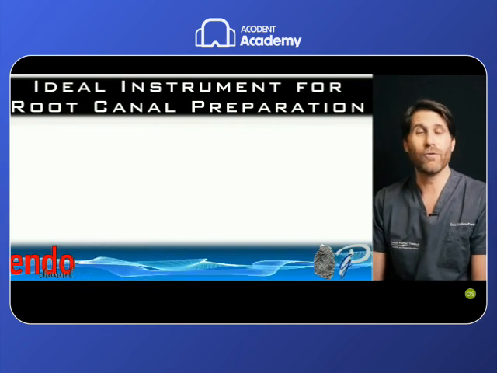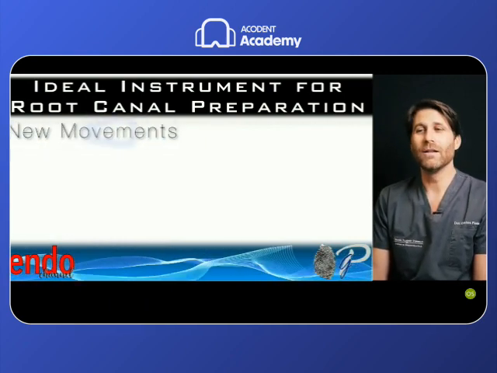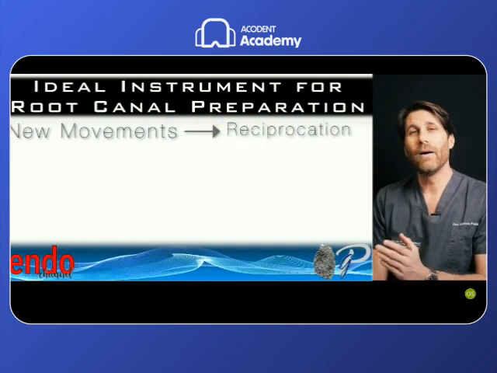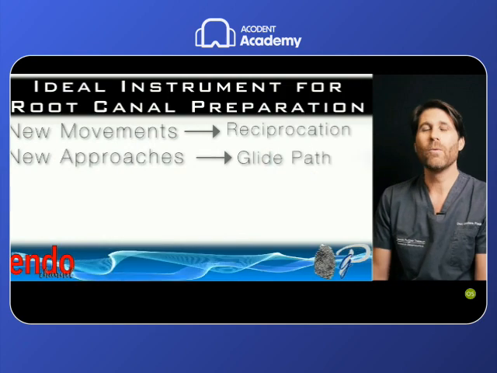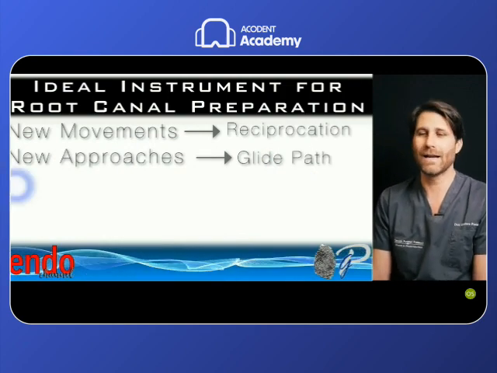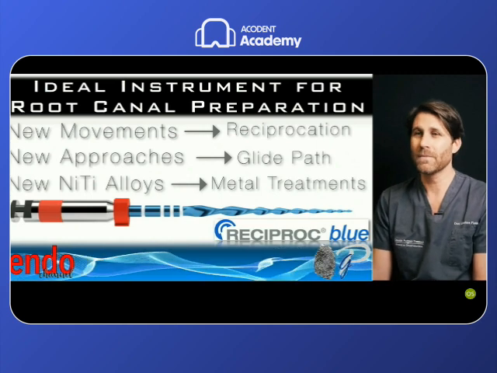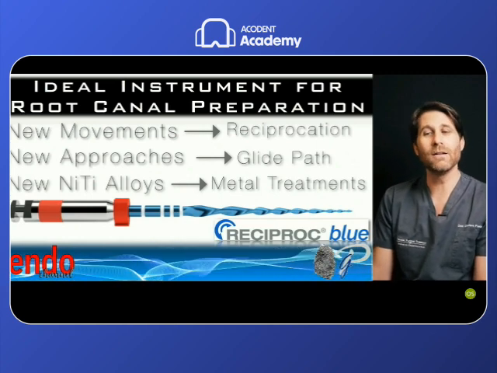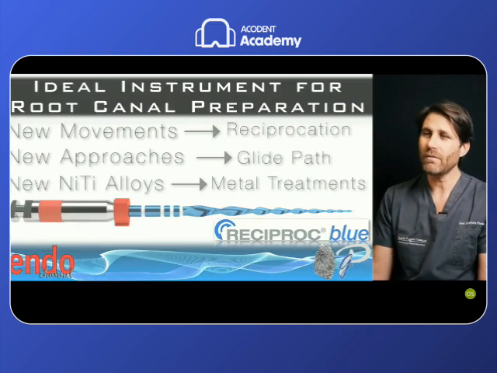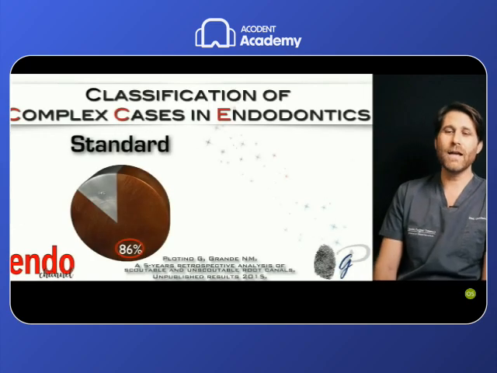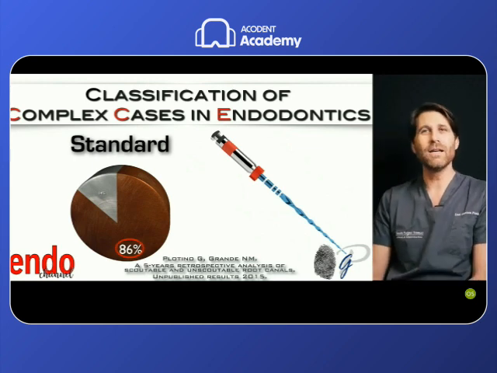The ideal instrument for root canal preparation for me, I have already described it in the other lessons. Join new movements like reciprocation with new approaches like the mechanical glide path with new nickel-titanium alloys with metal treatments. And the instrument that I'm presently using for all these cases is the Reciproc Blue. In my classification of standard cases, in more than 85% of the cases, you can use directly the Reciproc Blue file